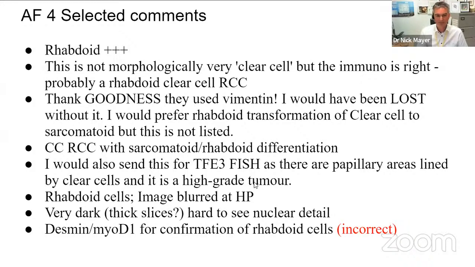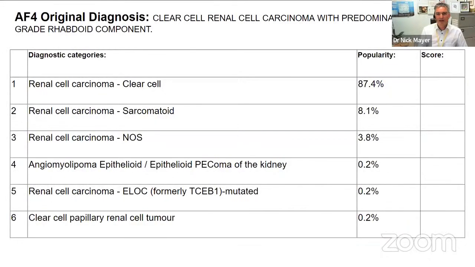They don't express desmin and MyoD1, so you wouldn't expect these. That would be some kind of heterologous differentiation. So just to make the point there that's not actually true. And if we go on to the responses, this was submitted as clear cell RCC with predominant high-grade rhabdoid component,